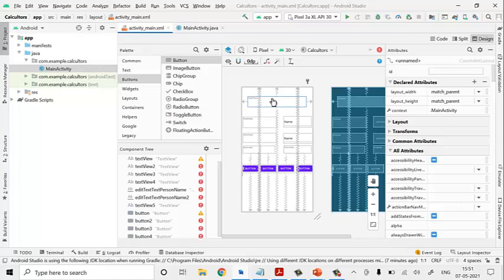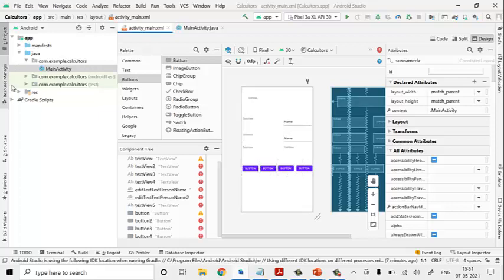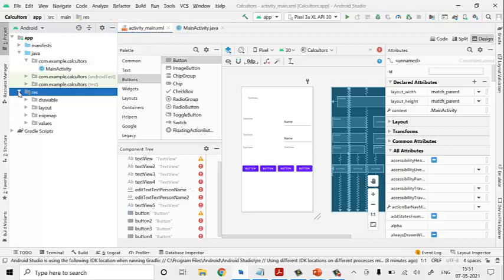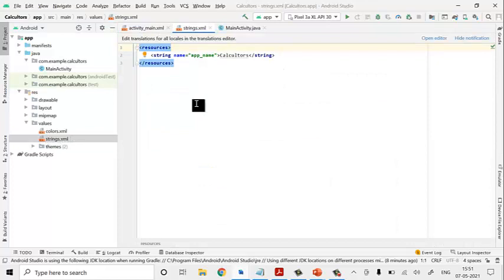Just go for res, click on this arrow mark. Again at the downside we have values. Click on it and again we have strings.xml. Click on that strings.xml.